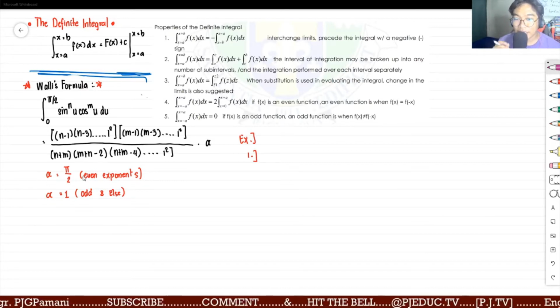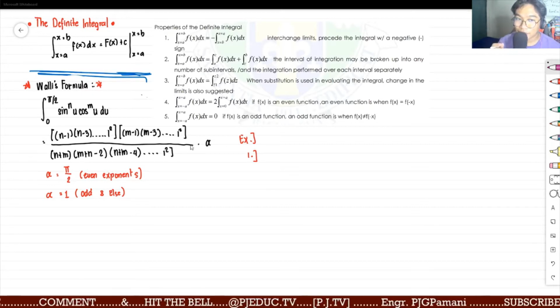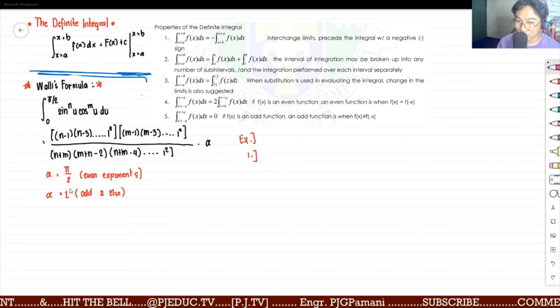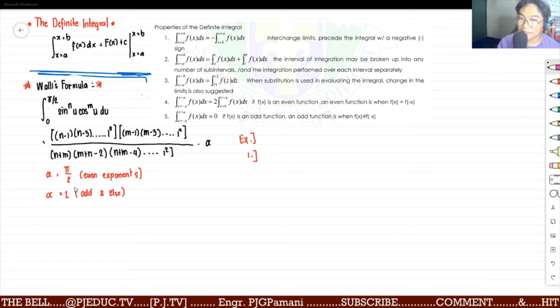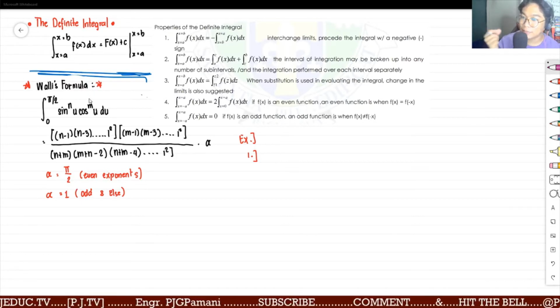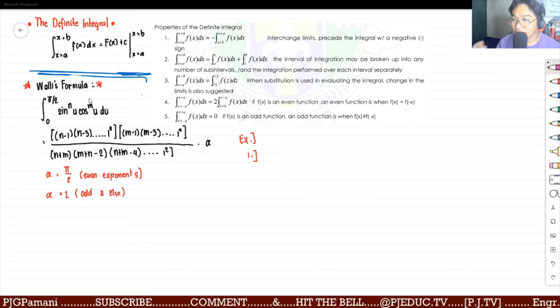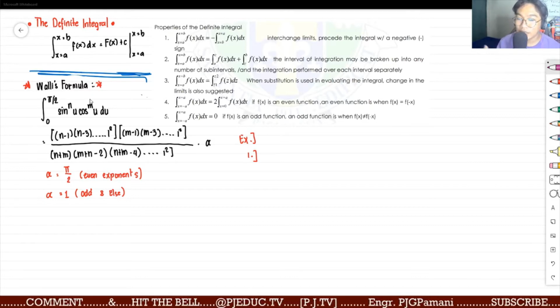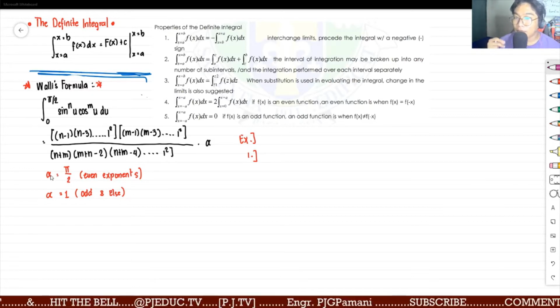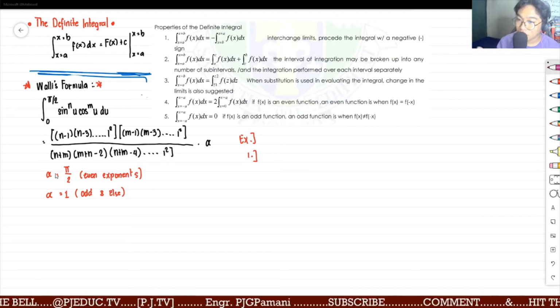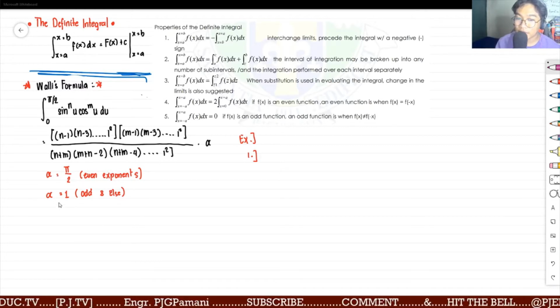So pag even exponent, multiplier natin dun sa ating transformation is pi over 2. Meaning yung exponent ni sine at exponent ni cosine are both even, or yung exponent ni sine are even lang, or if you're only integrating sine only, and so forth. Pero pag mix na even at odd or odd only yung exponent, laging ang multiplier natin with the transform